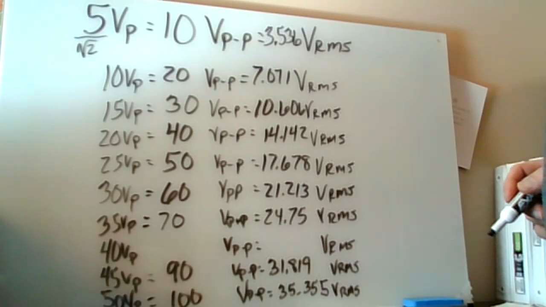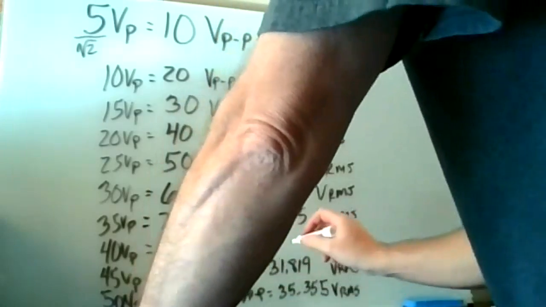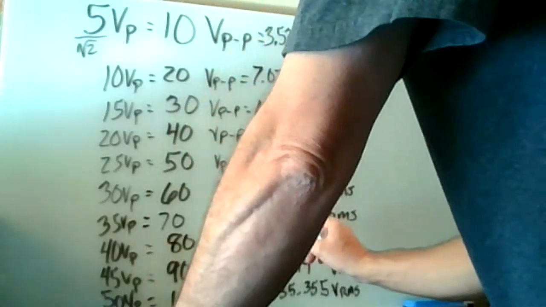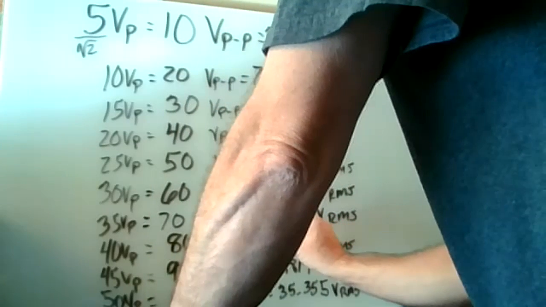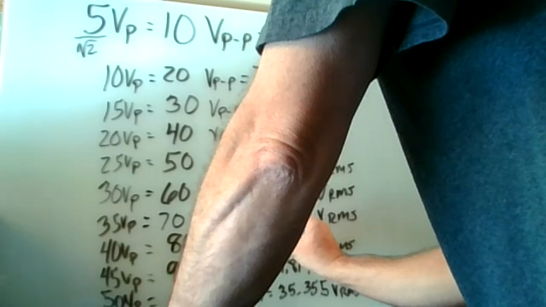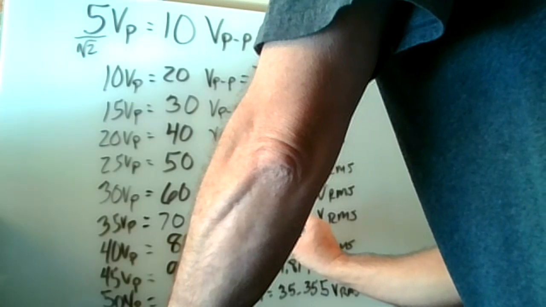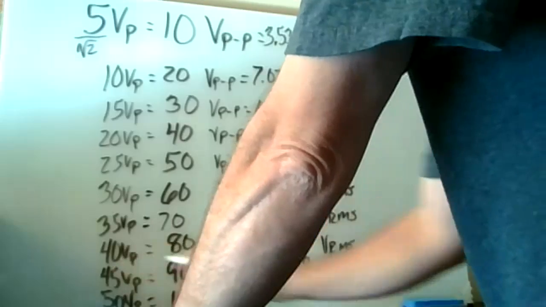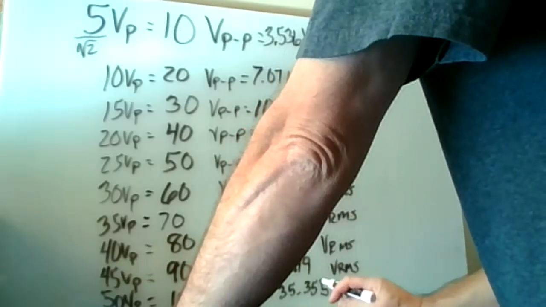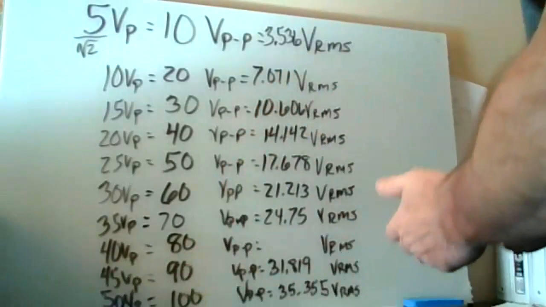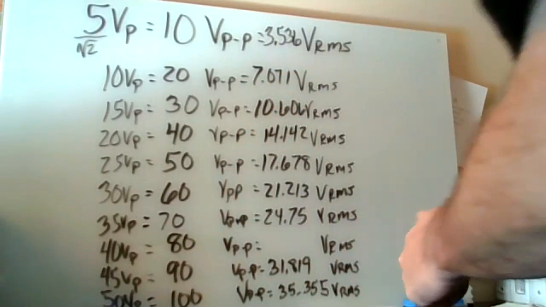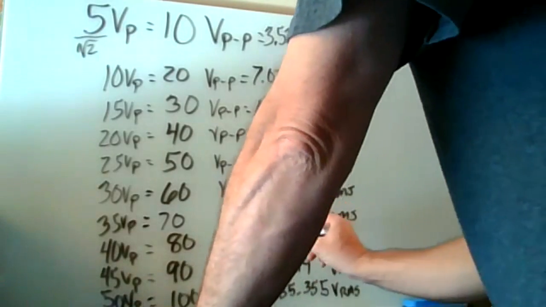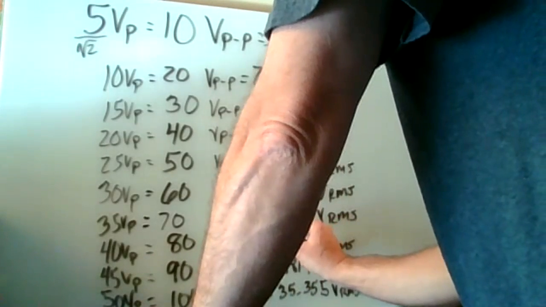All right, for VP, I got 80. 80 for voltage peak to peak. And for your VRMS, it's VP divided by the square root of 2. Yeah, square root of 2, right? Yep. So you take your 40 divided by the square root of 2, which gives you